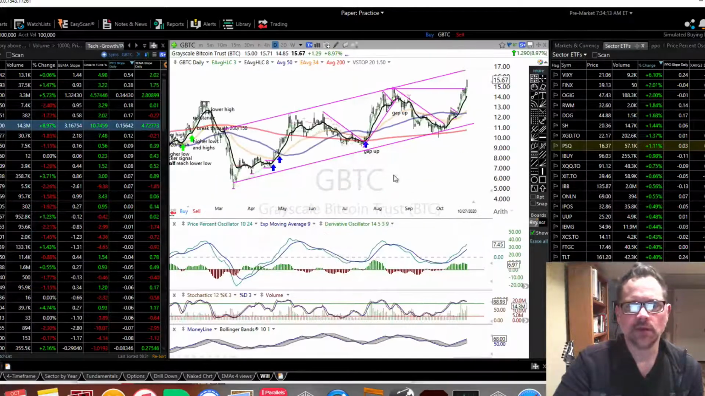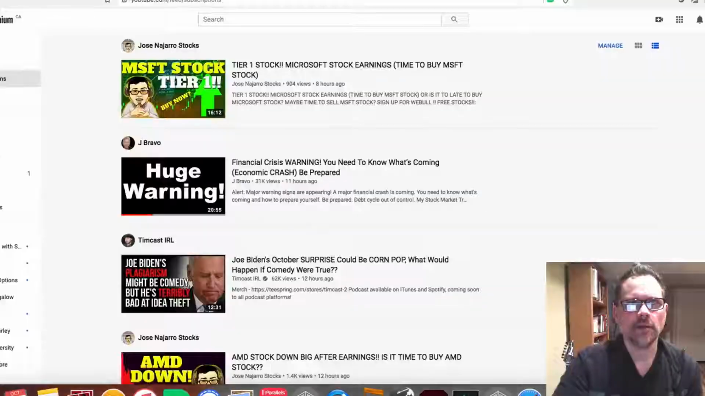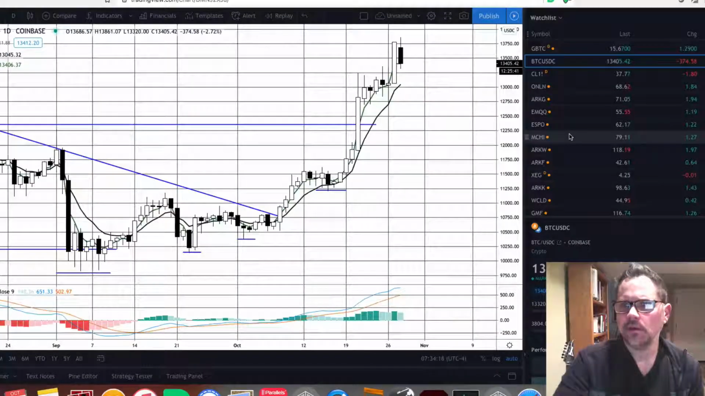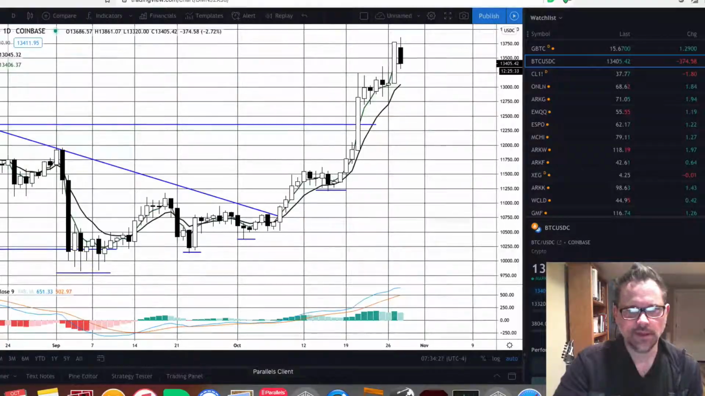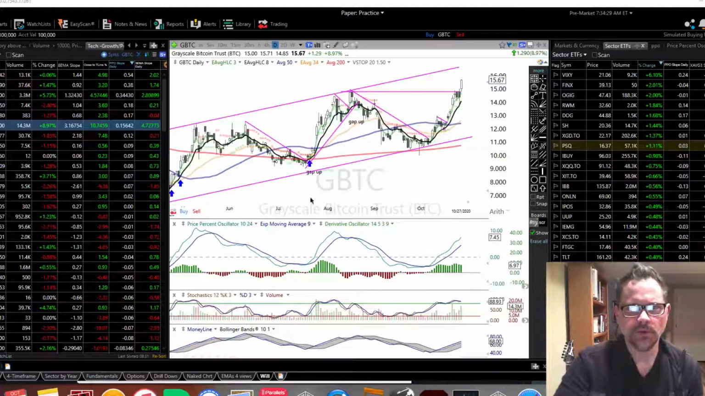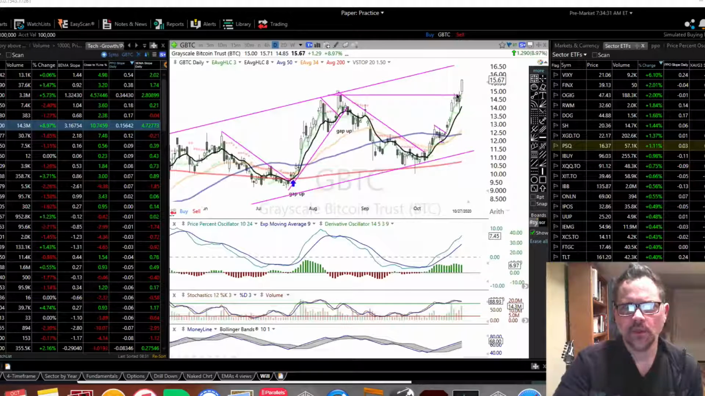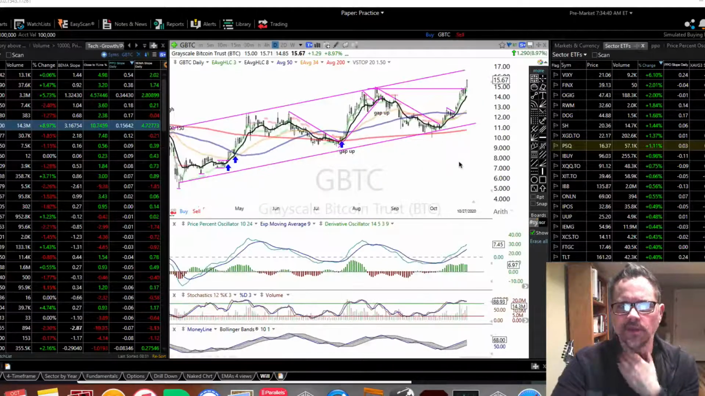Oh yeah, one other asset I was going to talk about is Bitcoin. I'll go to TradingView for a second. Bitcoin's had a good run here. There's a bit of a pullback today, but it's still above the 8 EMA. So if we go to the Grayscale Bitcoin Trust, we had a recent peak and it broke through that. And then you see the big gain, 9% yesterday. It's a bit extended, but